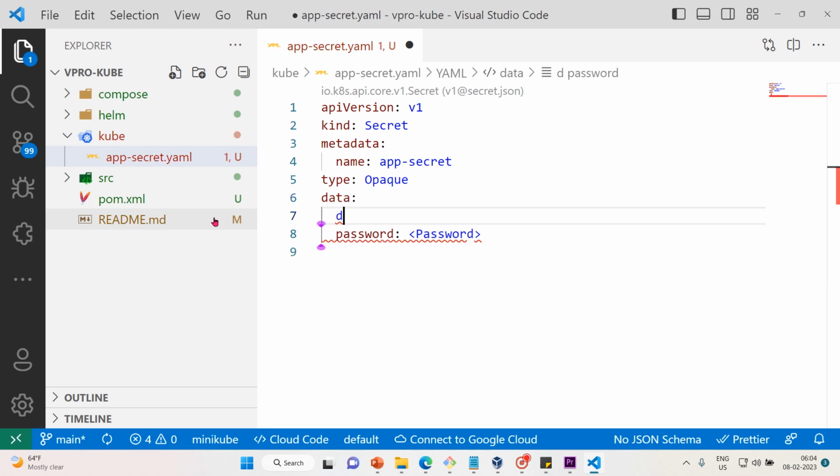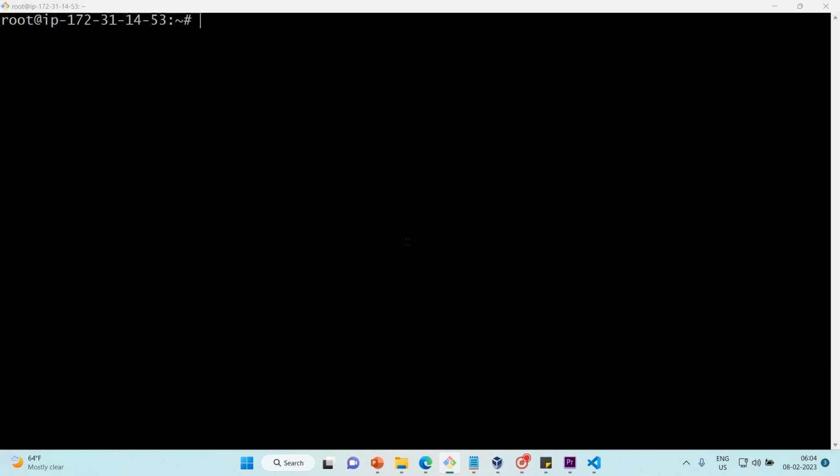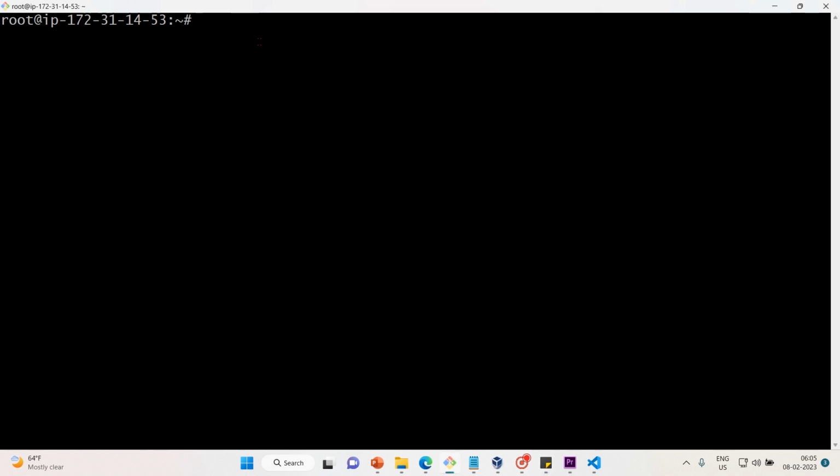So we have two types. One is for the DB pass, MySQL, and so let me get that in an encoded one. So for that I have to get into my EC2 instance, that kops. So here, one password I'll say vprodb. Let me see, two passwords I have decided. vprodb, the initial one is, yeah, let me copy this vprodb and say